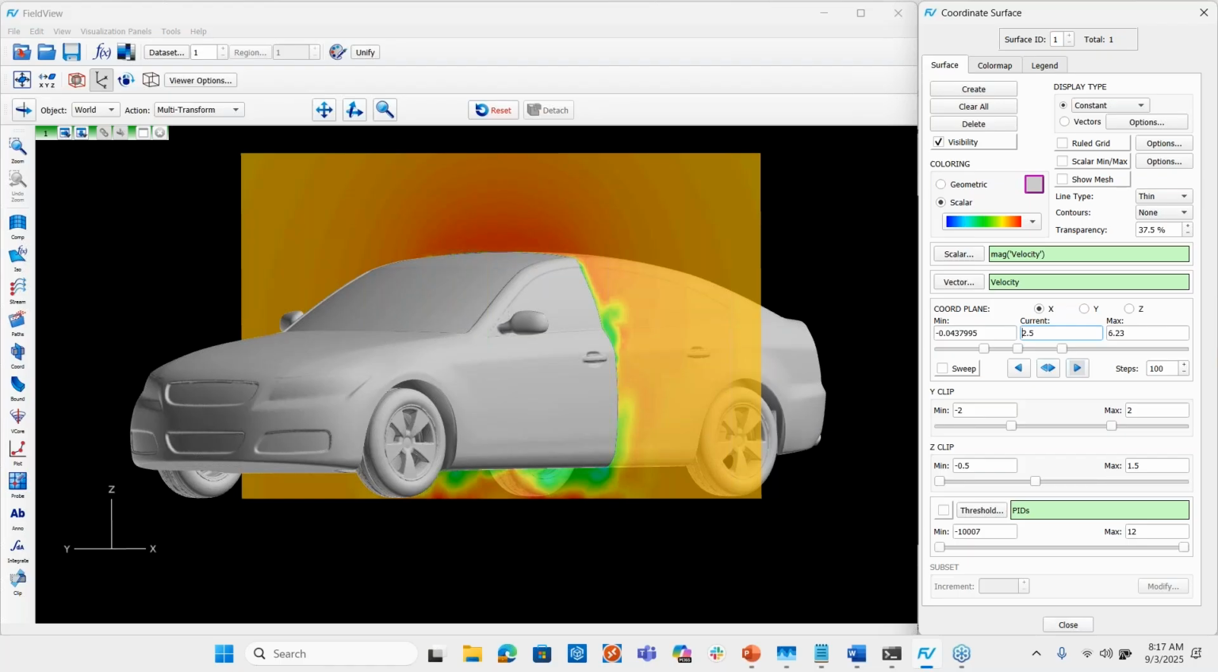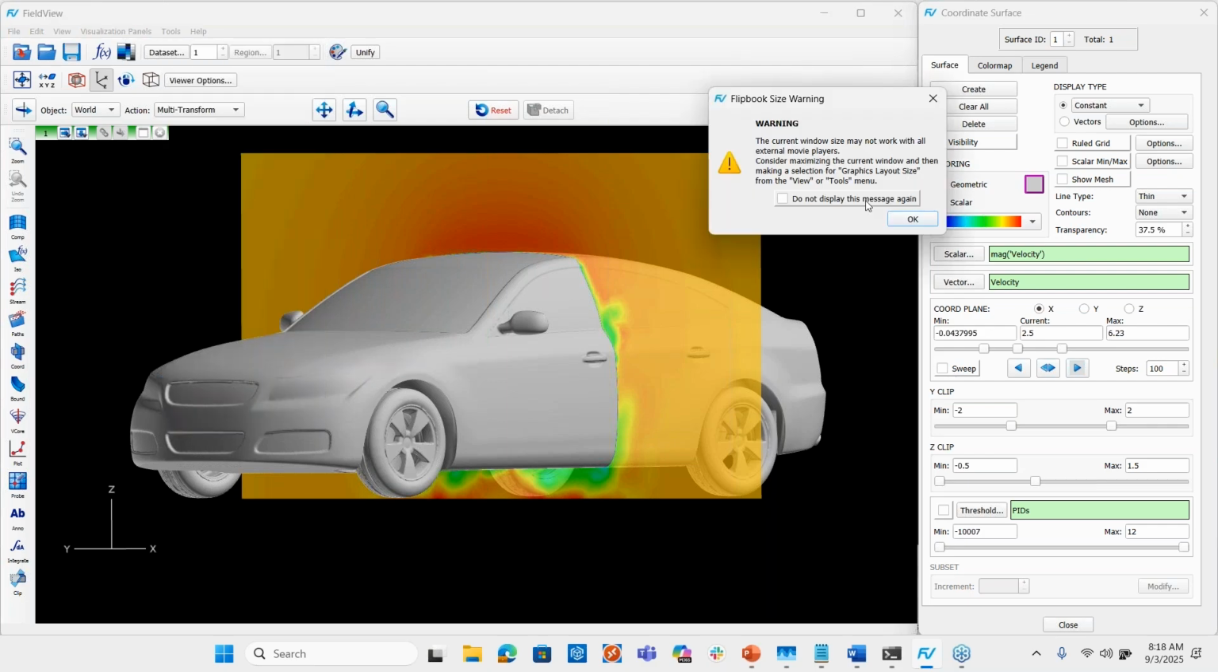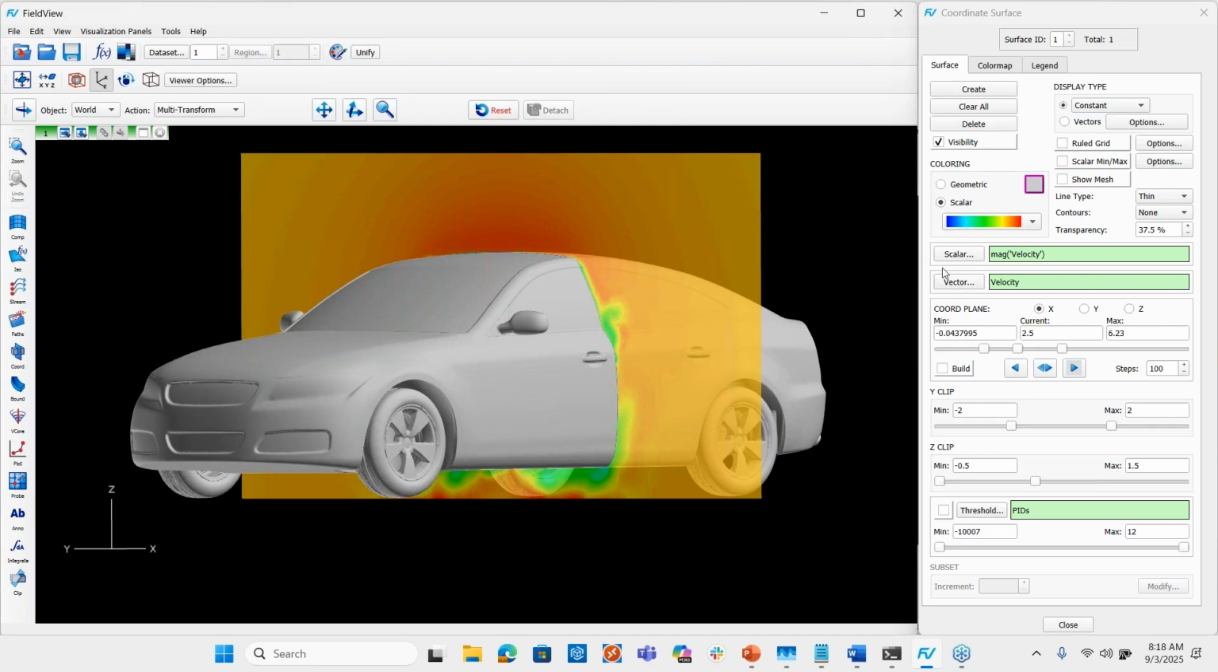So now that we've just shown the sweep animation, what if we want to turn this into a video? We can do this by going to Tools and going down to Flipbook Build Mode, which is our name for the simplest video that you can do. So if I click on this, pay attention to this sweep button over here. If I click on Sweep Build Mode, we'll just acknowledge that warning. You'll notice that the sweep button becomes the build button. And I'll change the steps to 25 just for time saving purposes. So now when I click build,